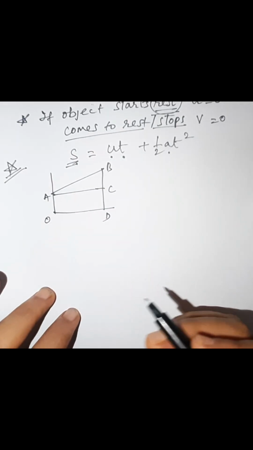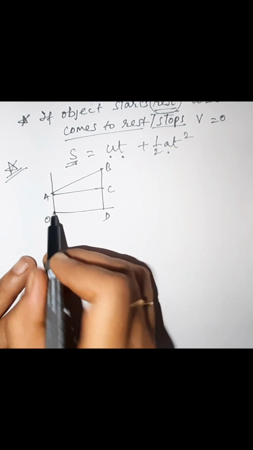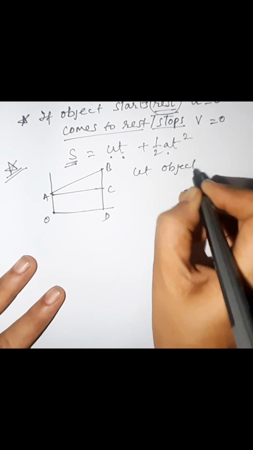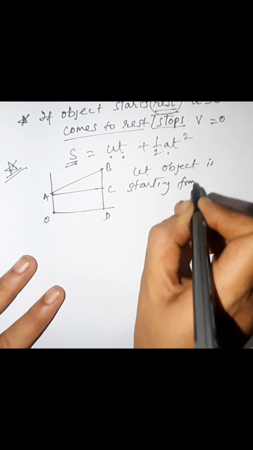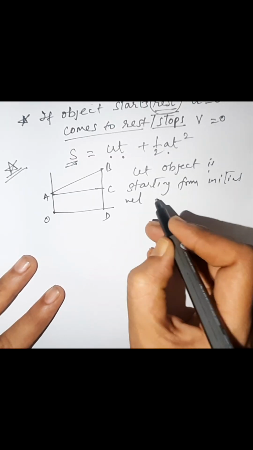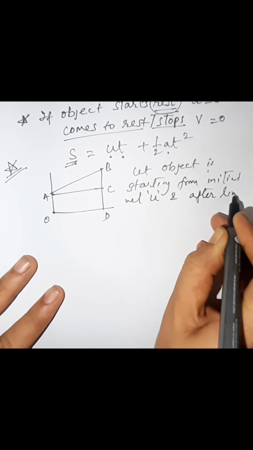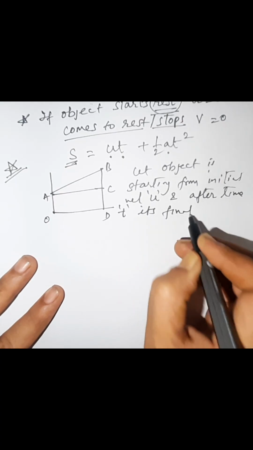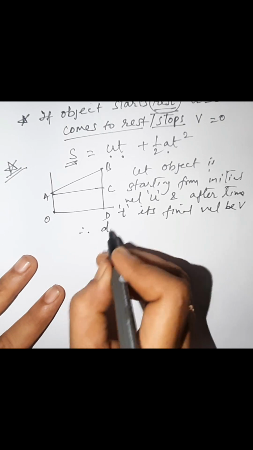So here we need to write out a few statements. Let the object be starting from initial velocity u, and after time t its final velocity be v. Therefore distance covered